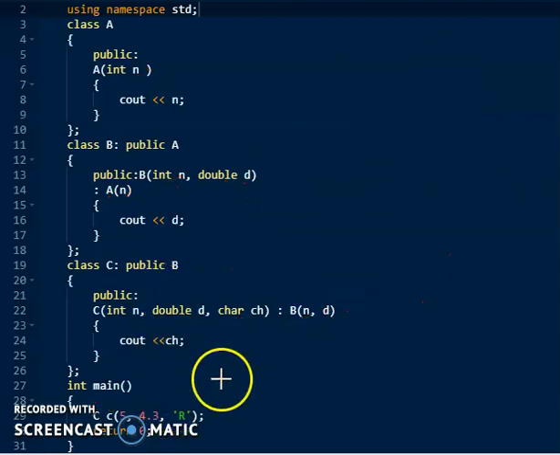Okay, so this is one of the multiple choice questions you might get, where you might be asked, can a derived class invoke the constructor of a base class? Yes, it can, and this is an example for it. Okay, we'll talk about more examples in the next video.